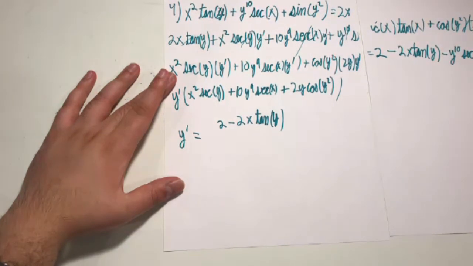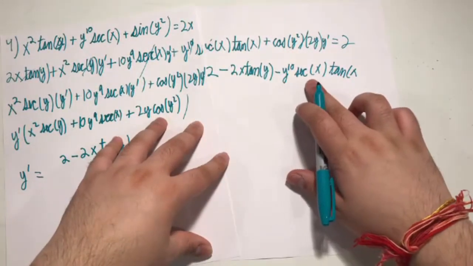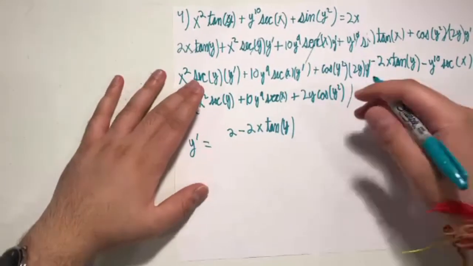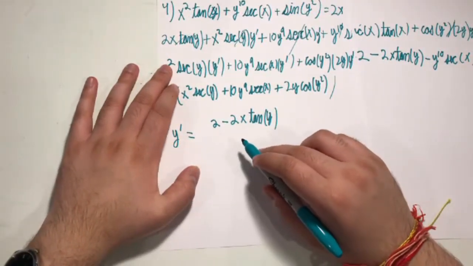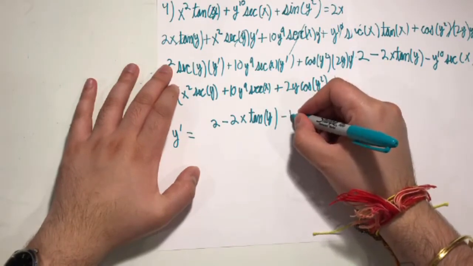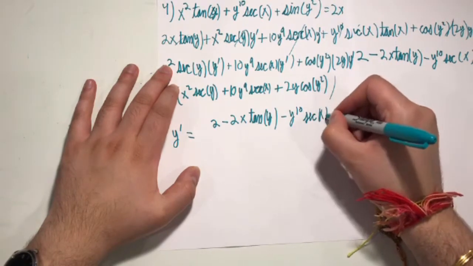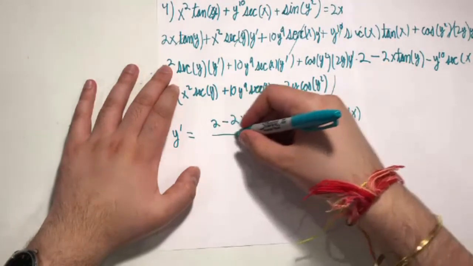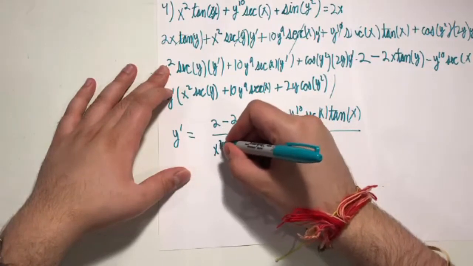Yep, I was. Here, this should have been y to the 10th secant x tangent x. I left that off, my bad. So, back to this. Yeah, 2 minus 2x tangent y minus y to the 10th secant x tangent x all over this stuff, which was x squared